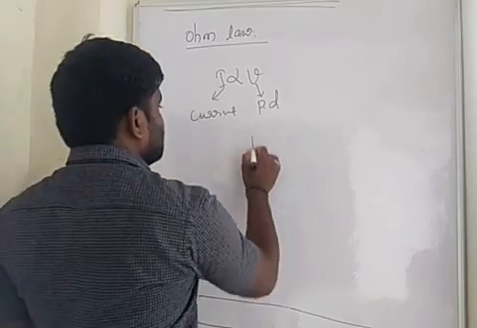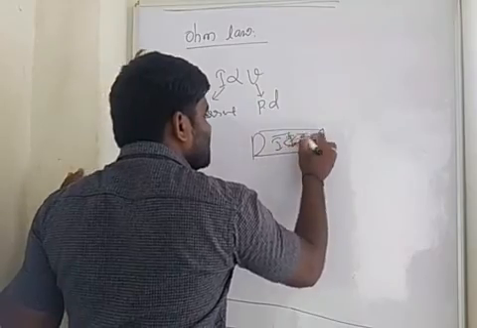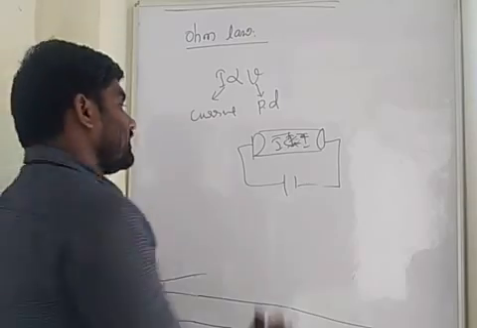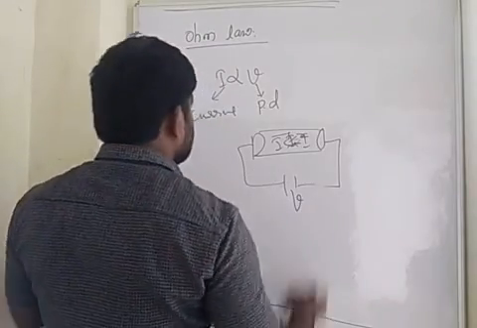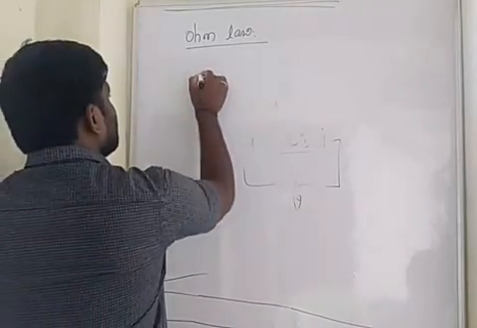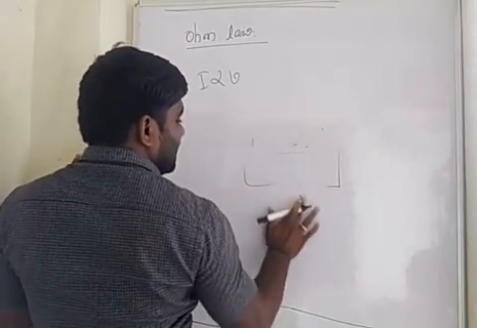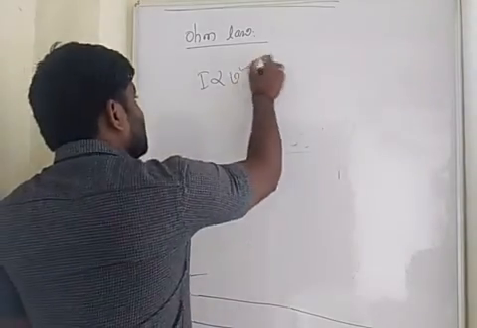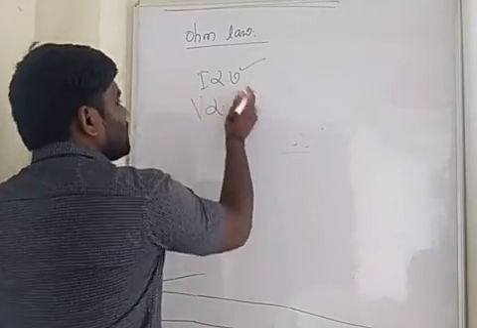See here, if it is your conductor, electric current passes through this when potential difference is applied to this conductor. So Ohm's law: I is directly proportional to V, where I is called electric current, then V is called potential difference. Shall I write V is directly proportional to I? Both are the same.